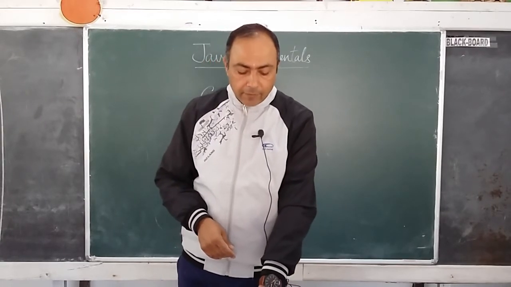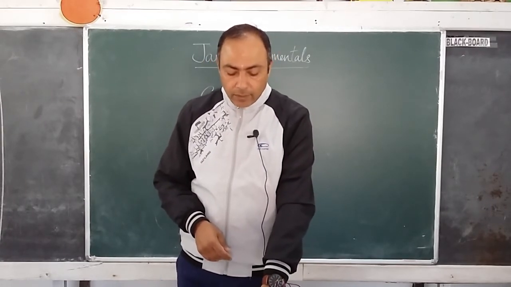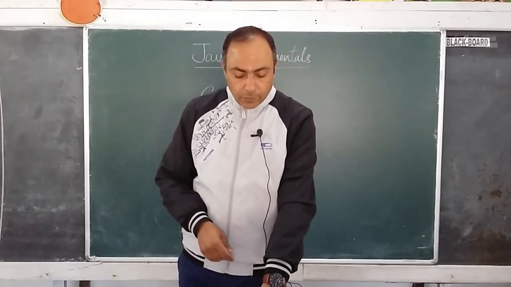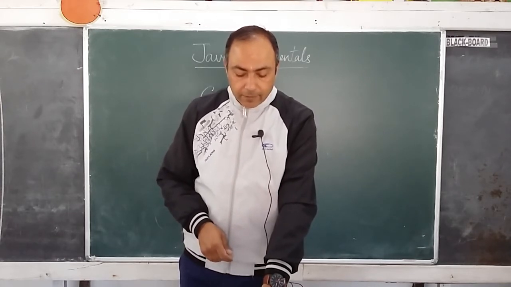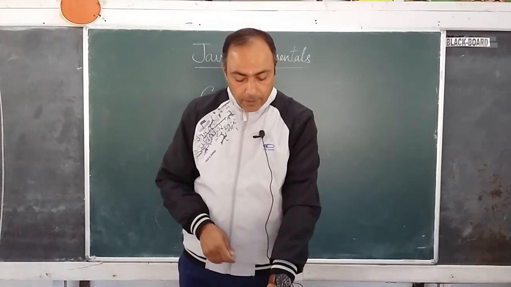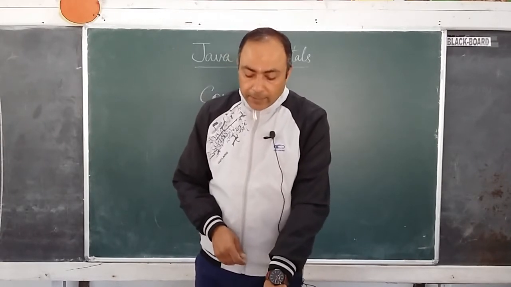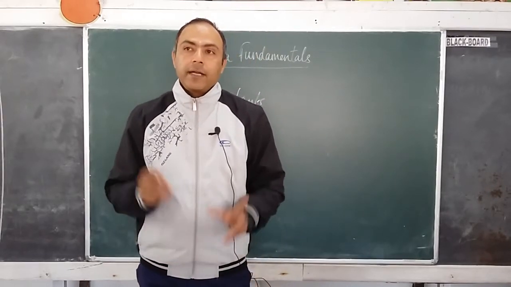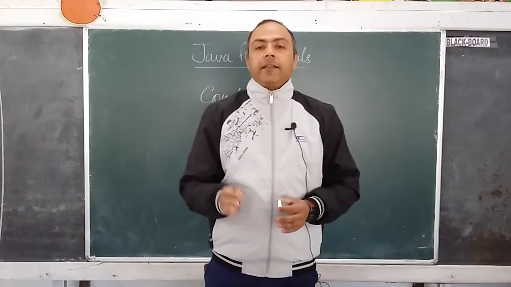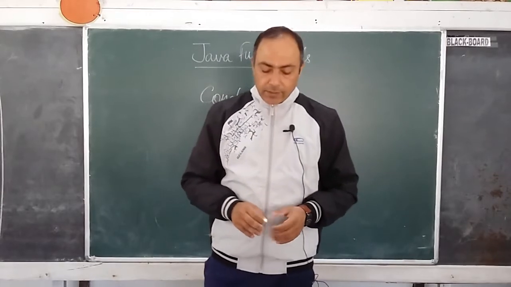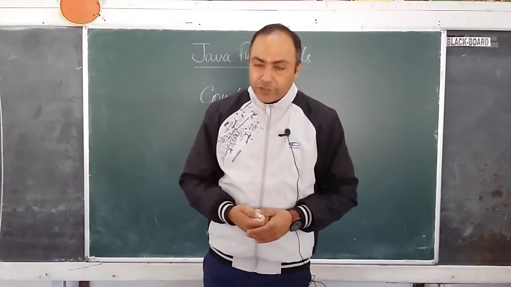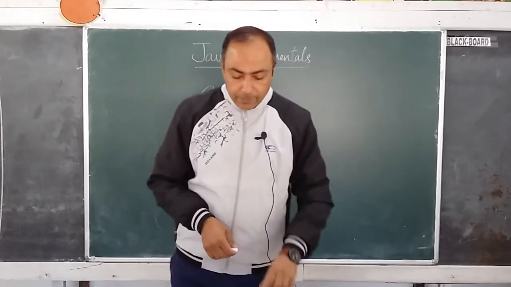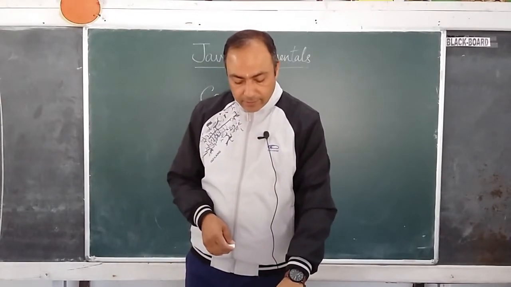The reserved word final tells the compiler that the value will not change. When you write final before the declaration, then the value will not change. The name of the constant follows the same rules as the names of variables. Programmers sometimes use all capital letters for constants, but that is a matter of personal style, not a part of the program. So if you write the keyword final in front of the declaration, then that will not change. So these are the constants and variables. We discussed constants and variables.